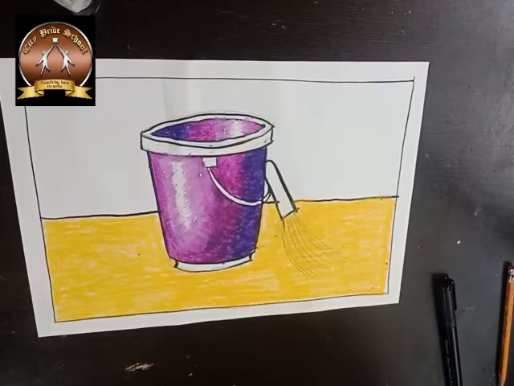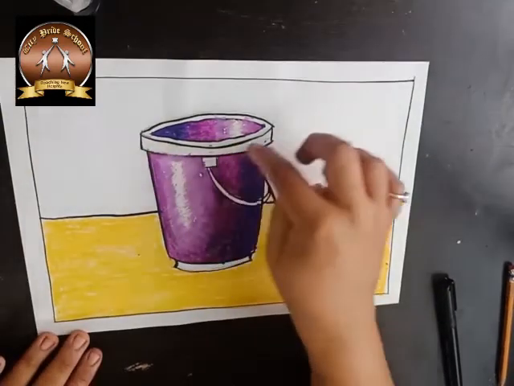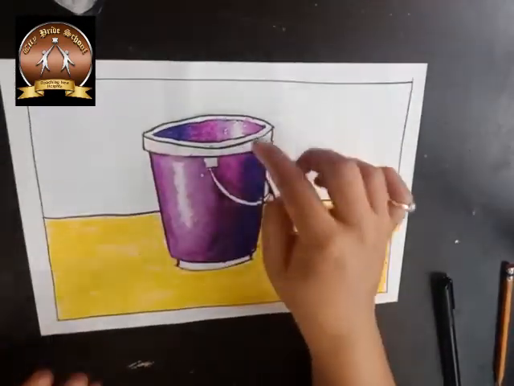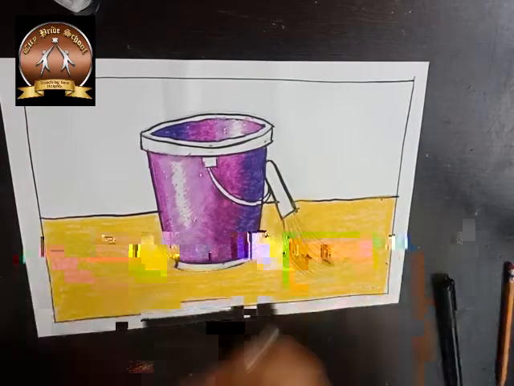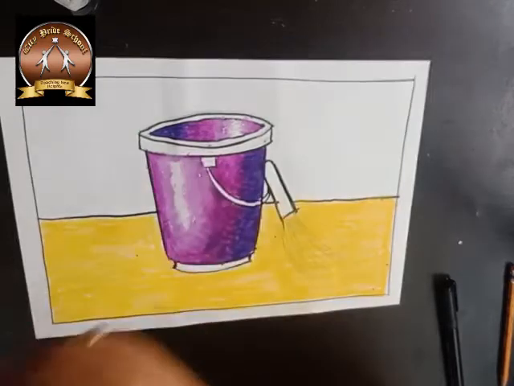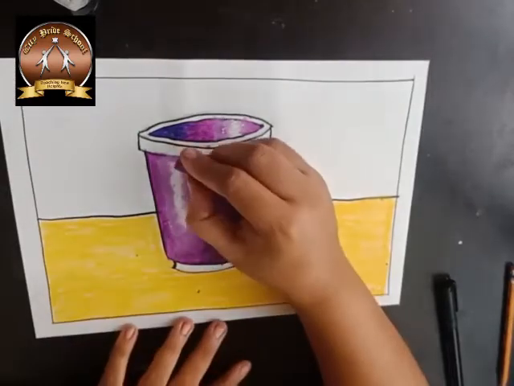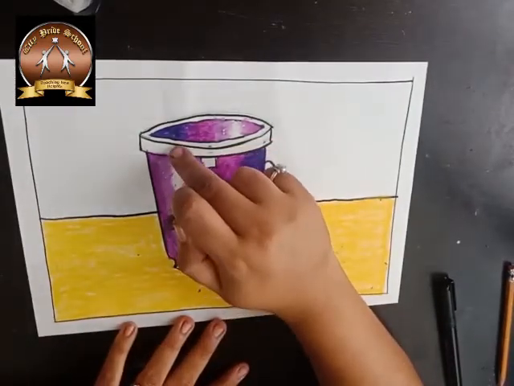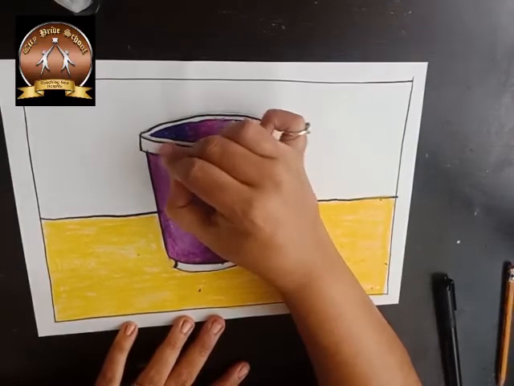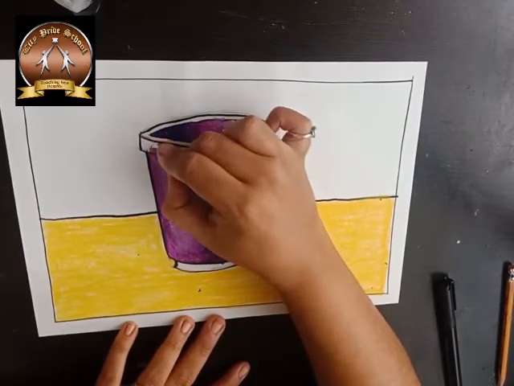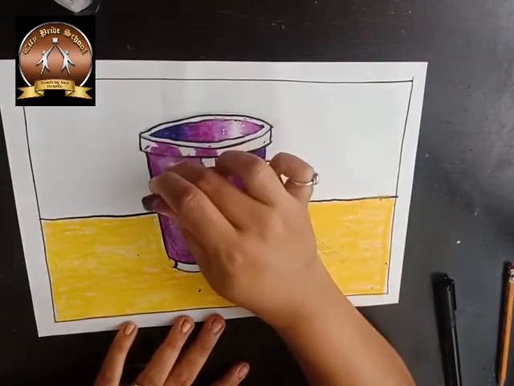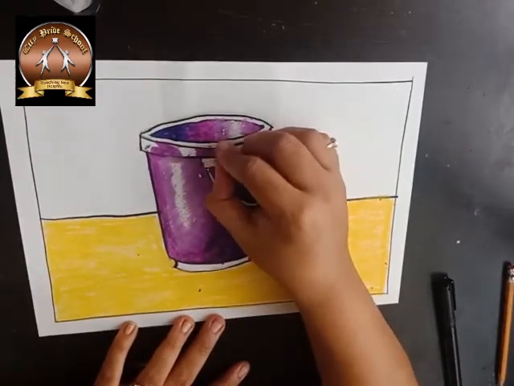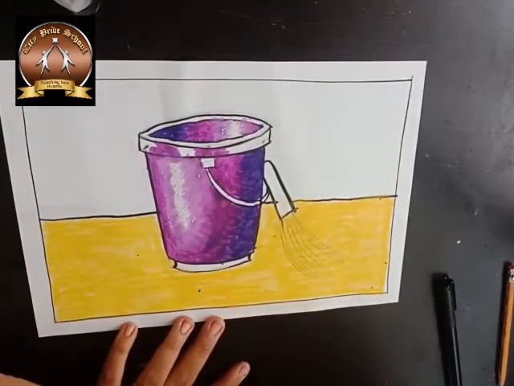Now children, let's do the coloring of this part which is coming in front side. The same colors we have to use which we have used to give here. Where the highlight is there, above that this light violet will come. And here the highlight will come a little bit at a different place.